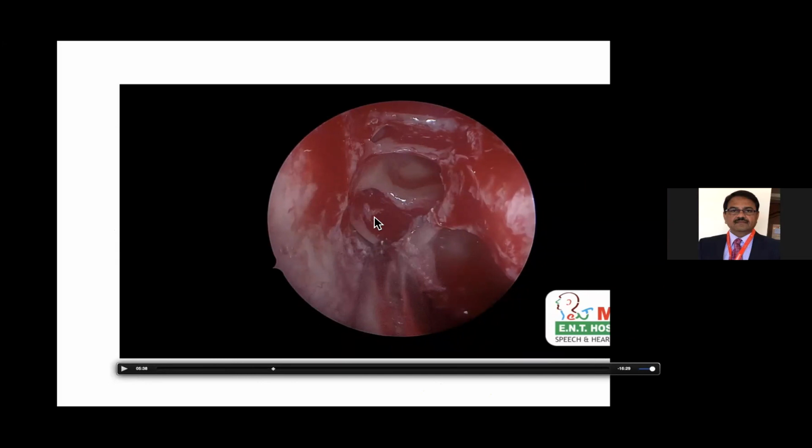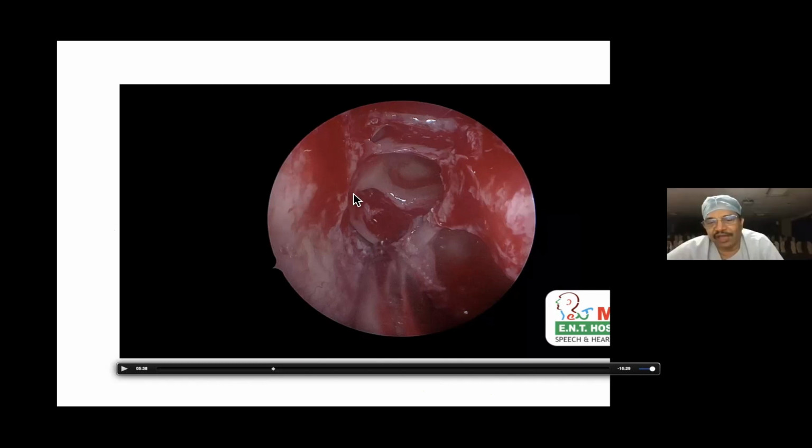So we have the superior turbinate there. The anterior end of the superior turbinate is seen. This is probably the anterior or upper half of the superior turbinate, very important. So this is the sphenoethmoid recess. So this is the superior meatus. And so we entered into the superior meatus by removing the